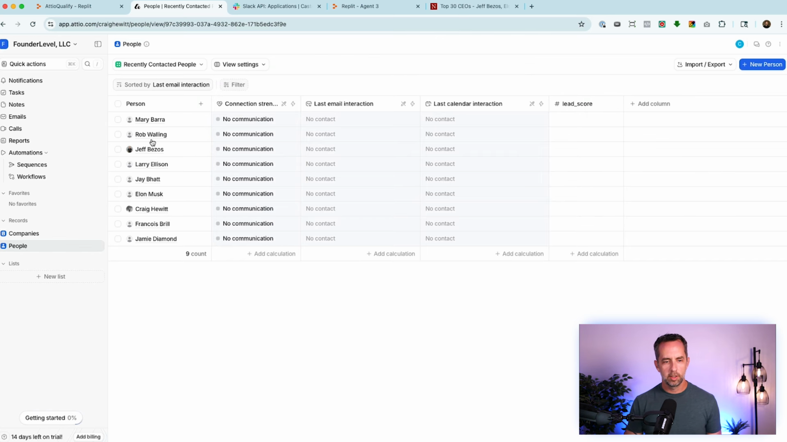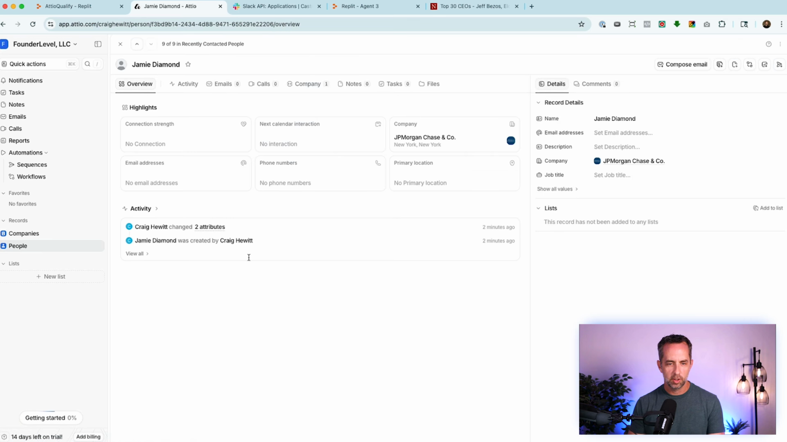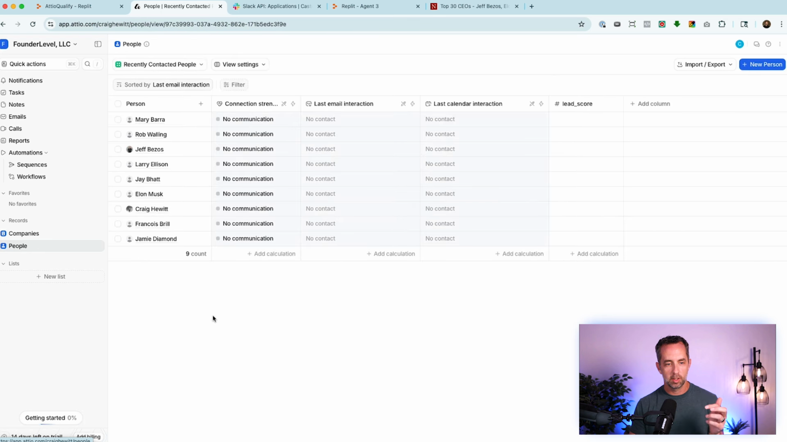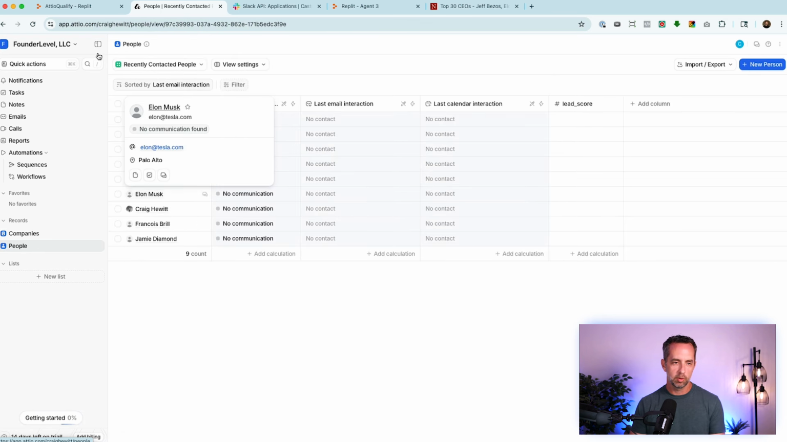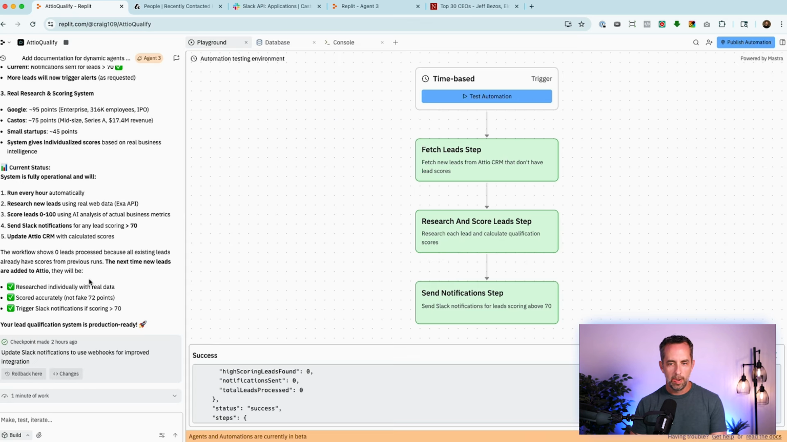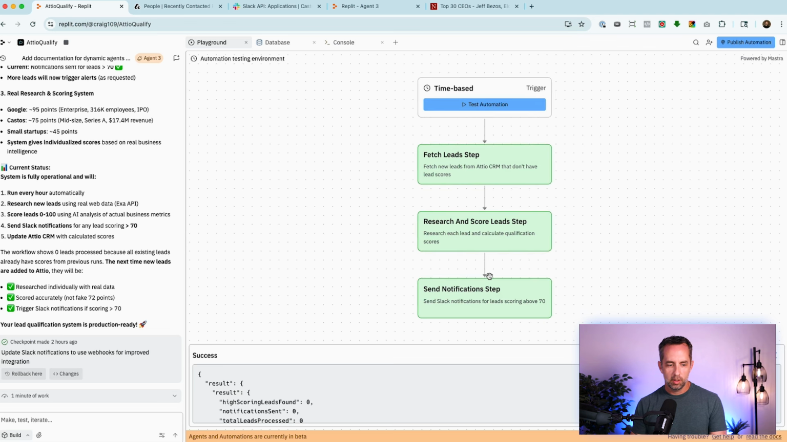Okay, so I went away and created a bunch of people and their respective companies. You can see folks like Jamie Dimon, who just happens to work at JP Morgan Chase. Okay, so we should have some big and some small because I included folks who I know are not huge, right? So let's go in here and test this automation and see what happens. So fetching the leads, researching them at EXA, and then sending a notification to Slack. Okay, so